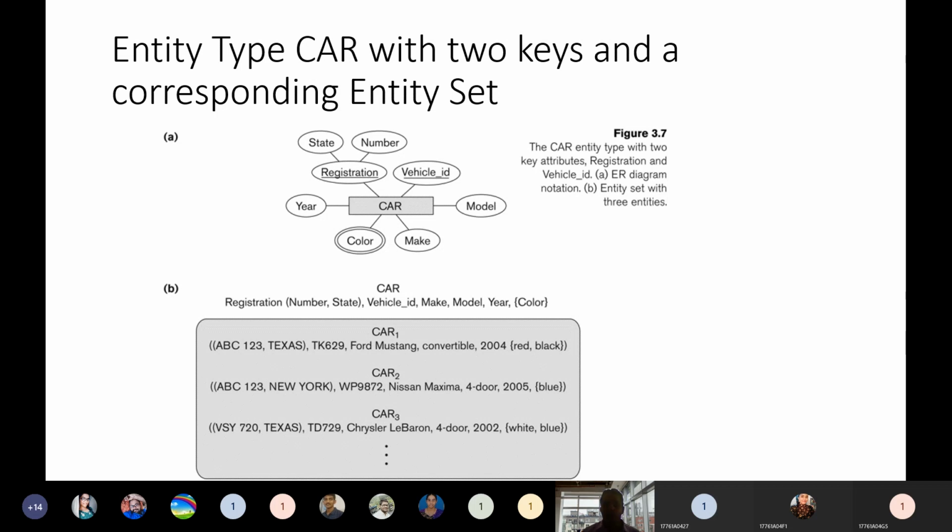So this is from the textbook: the car entity type with the two key attributes, registration and vehicle ID. A is the ER diagram notation, and B is an entity set with three entities. You have to look at diagram B to get more understanding about this concept.